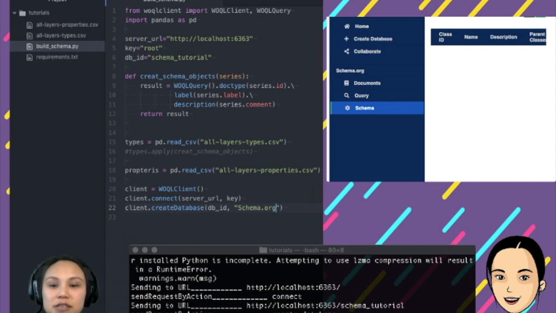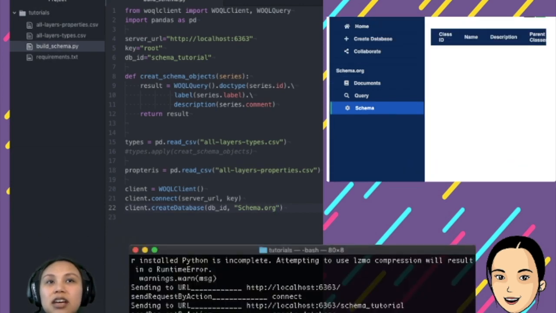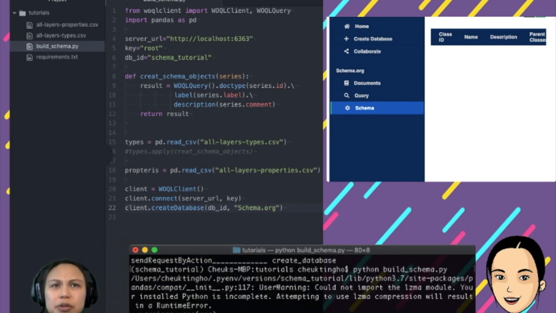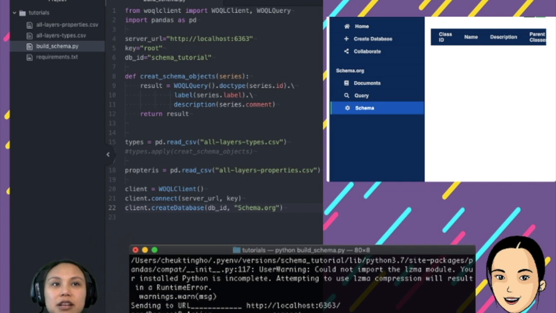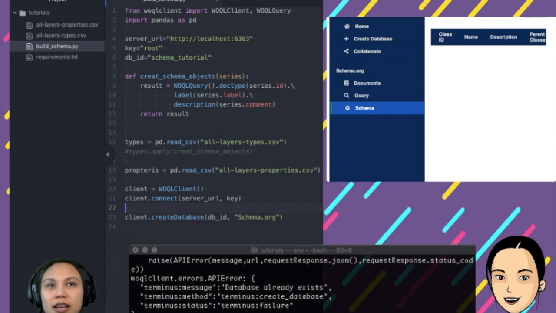You can also delete it as well. If you run the code again now, I'll show you, it will give you an error because you can't create a database twice with the same ID. You can have the same name like I did before, but you can't have the same ID. So every time you run the script, you want to delete your database before you create a new one. You can see, now you have this error that TerminusDB is telling you, no, no, no, you can't have two databases with the same name. So what I've got to do is delete database.